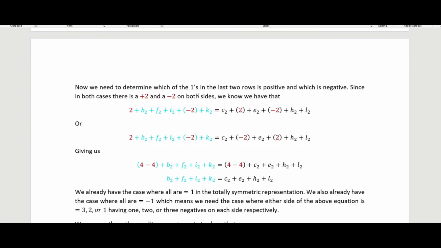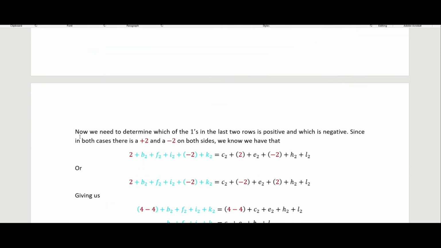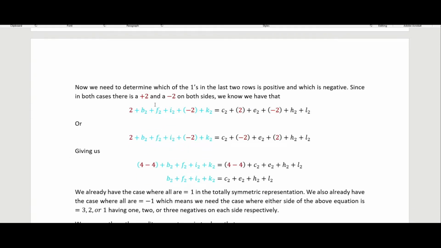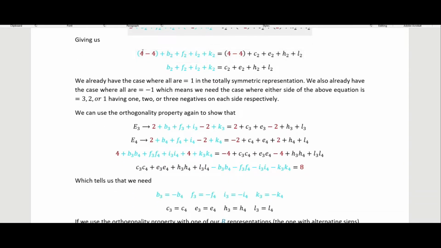So we need to determine which of the ones in the last 2 rows is positive or negative. So I put plus or minus in each of those. And since in both cases we have plus 2 and minus 2 on either side, we get something like this. And so we know that the b plus f plus i plus k has to equal c plus e plus h plus l. So we still have to figure out whether there are sort of 3, 2, or 1